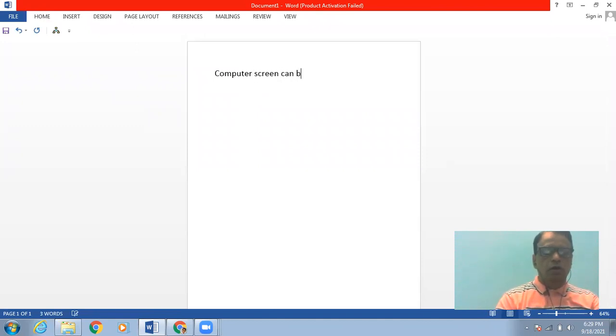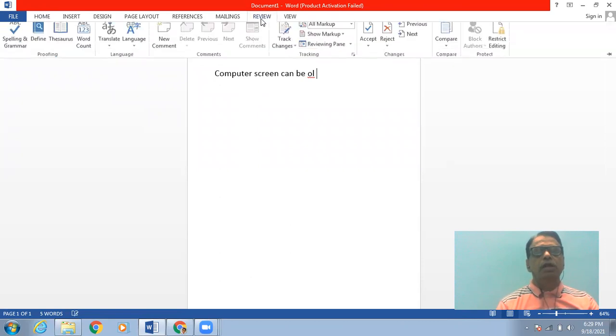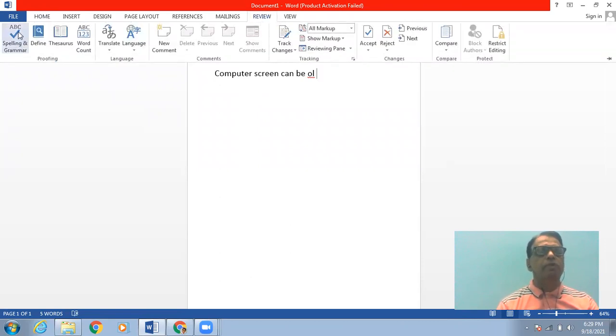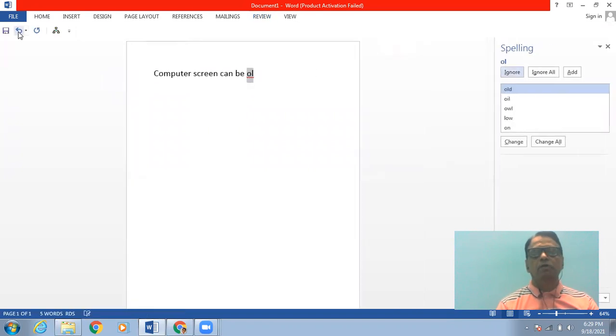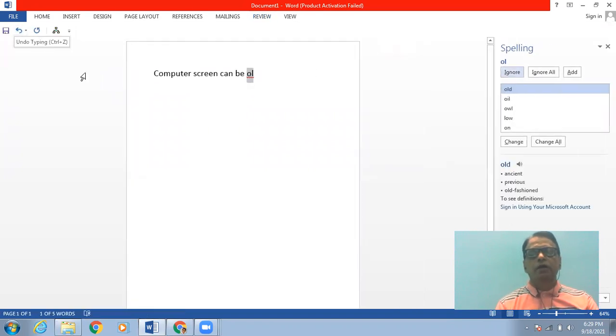So you can have any such format, and it is possible that you can go to the review tab. And when you go to the review tab, on the left hand side corner, there is spelling and grammar. Whenever I click on spelling and grammar, you will find that this word is incorrect, and therefore several suggestions are made to me.